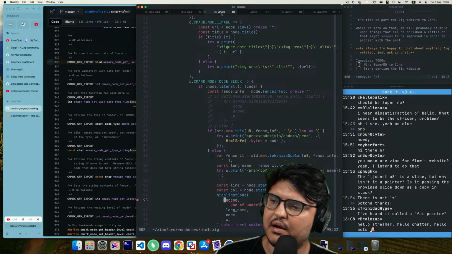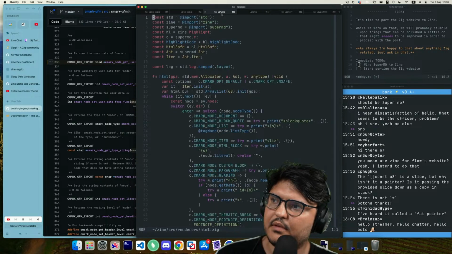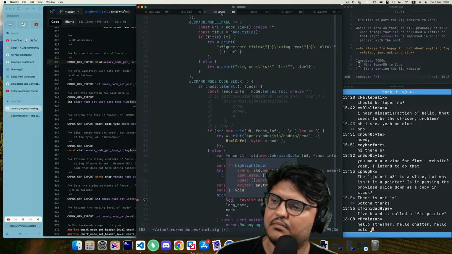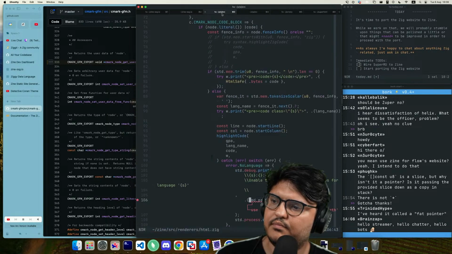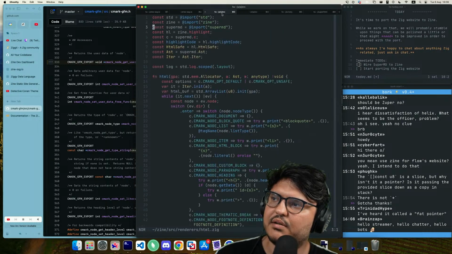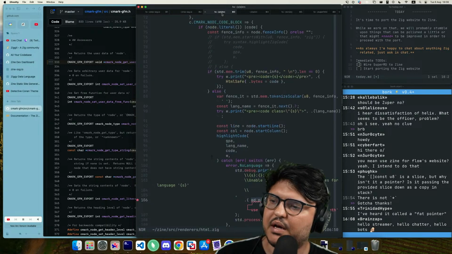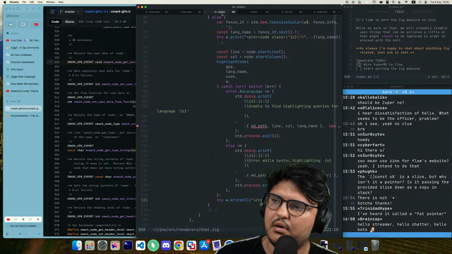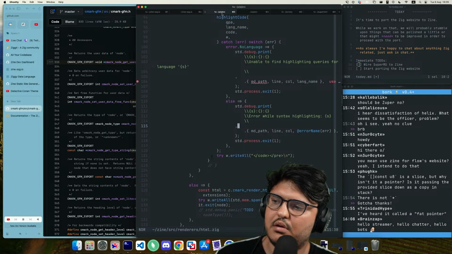What's the next problem? Arena. Right. MD path. Okay, the problem is that our renderer expects... why do you want the MD path? To print an error: unable to find highlighting queries for language, and so on. Right.